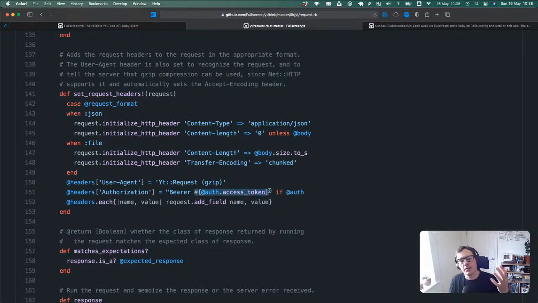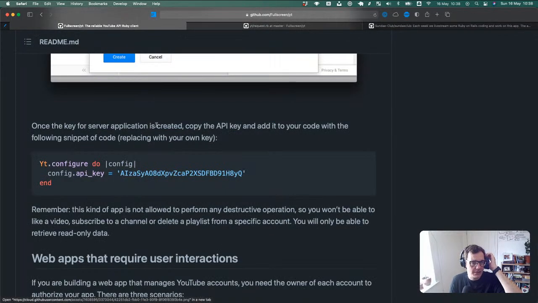You could pass in an auth object that had the access token in it, and if that token needed refreshing, you could check that it was valid and refresh it, so that your end client, which might be an app using the gem, or for us just other code in our application, just said, go and get me this information, and didn't care about the token. All of that was handled by the integration code. So yeah, this is doing what we expect.